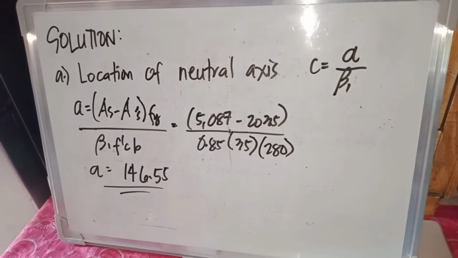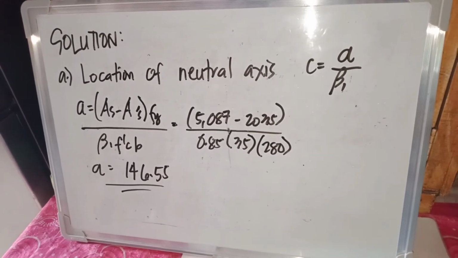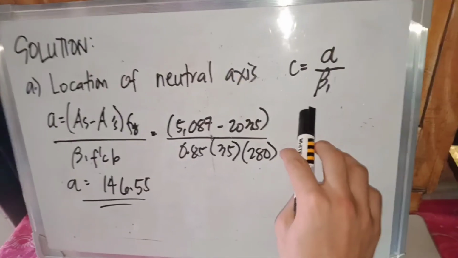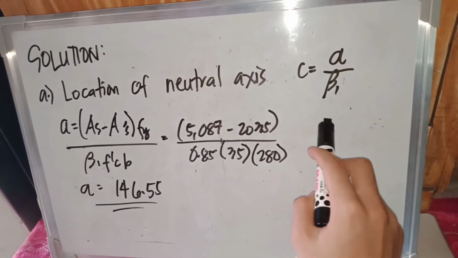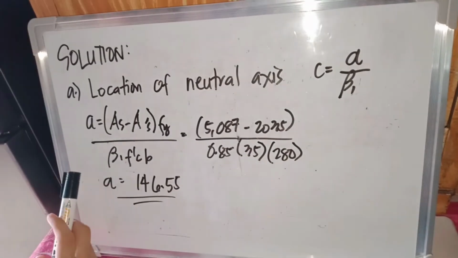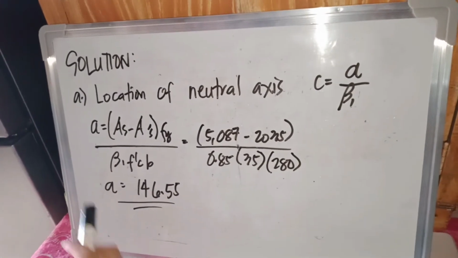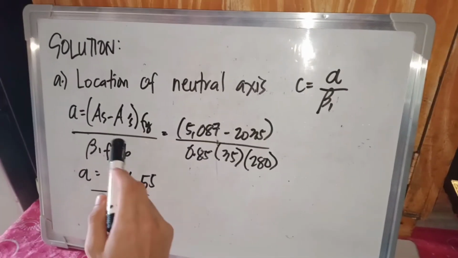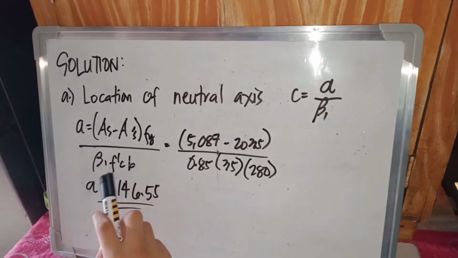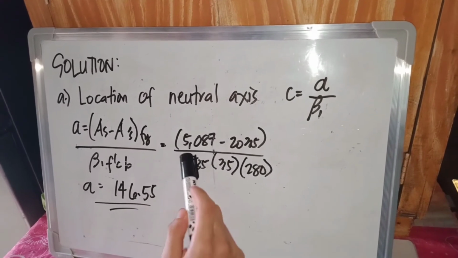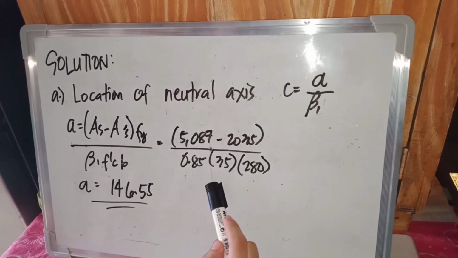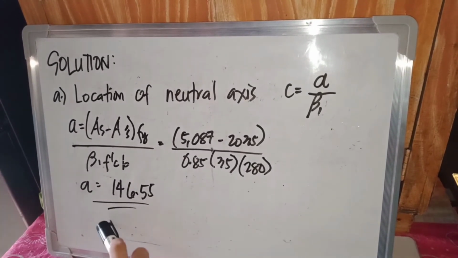So the first solution is for determining the location of the neutral axis, where our reference formula is c equal to a over beta 1. So we have to get a first in order to use this formula. So a is equal to (As minus A's) times fy divided by 0.85 times f'c times b, which is 5,087 minus 2,035 divided by 0.85 times 35 times 280. So a is equal to